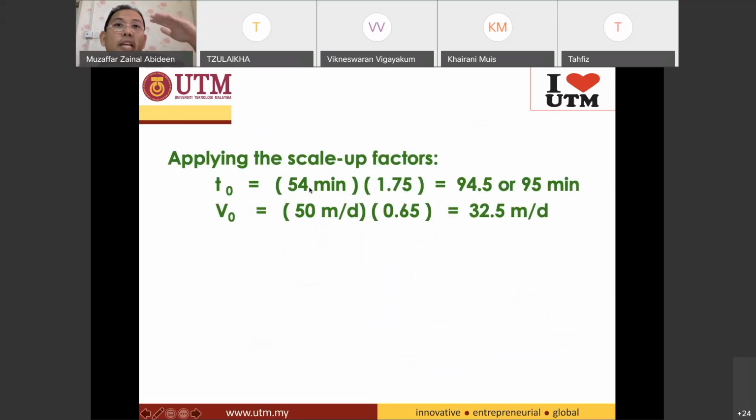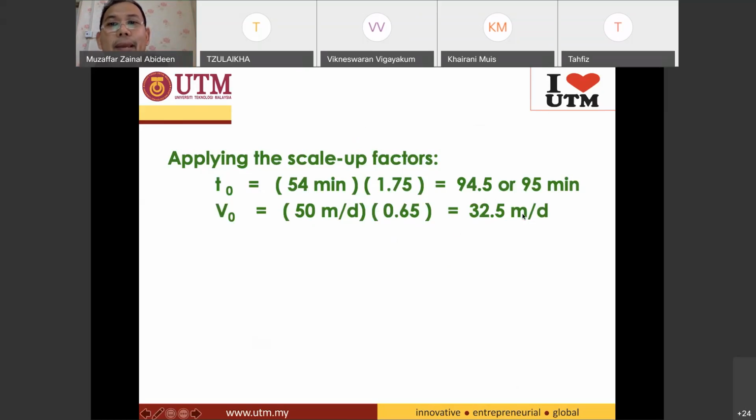Because we are doing the experiment using a settling column, that's not real. That's in the lab. Okay, that's a settling column of 2 meters. Now, if you want to design a real tank, the height of the tank is 2 meters. So you need to multiply with the scale up factor. So your V naught is 50 and our scale up factor is 0.65. So for the real design of the tank in the real world,